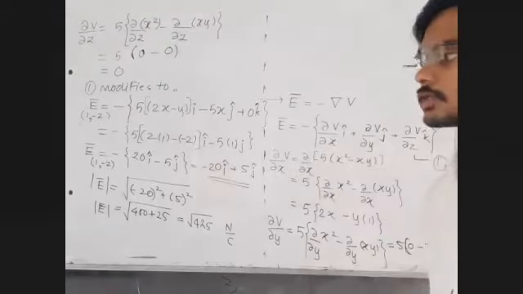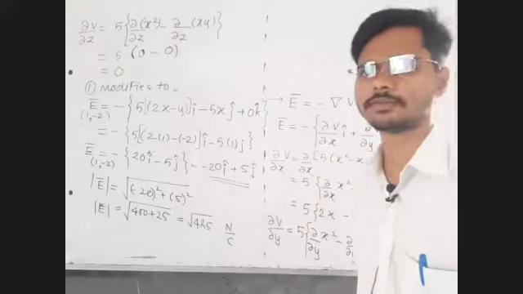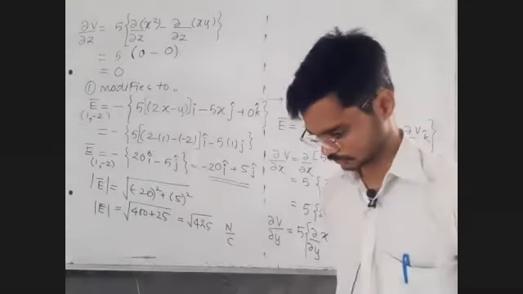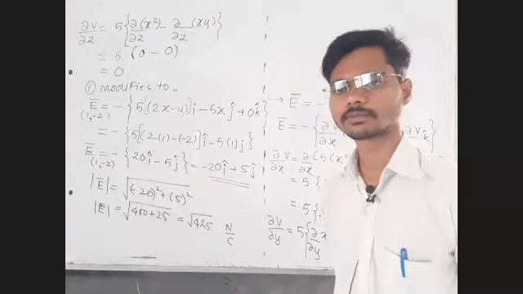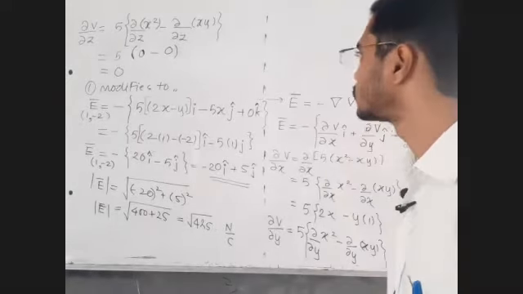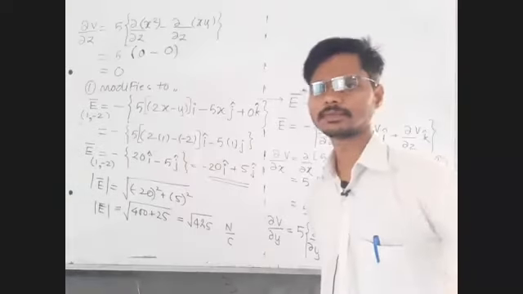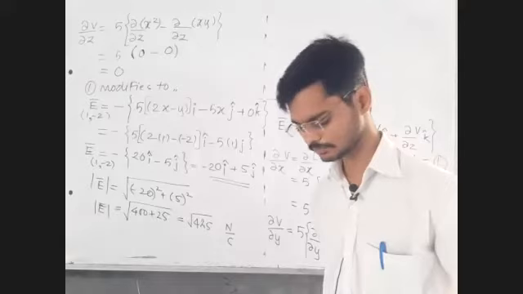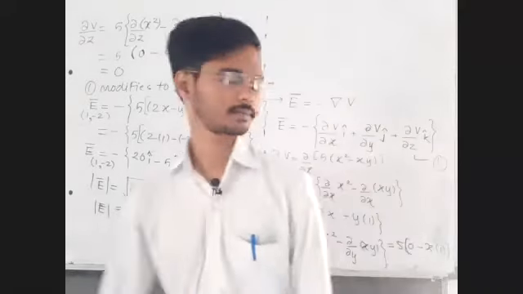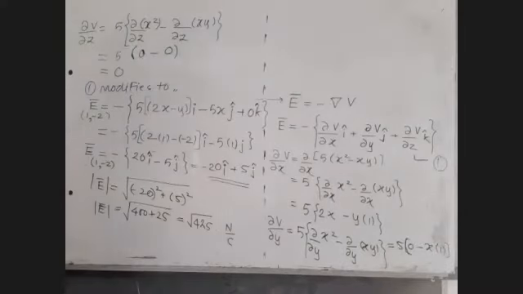Everyone, reply to me in the chat box. Write it down first and then reply to me. Very good, Ikra. Everyone shall reply now. This type is over now, the dou V by dou x type is over now. Chalo, next.